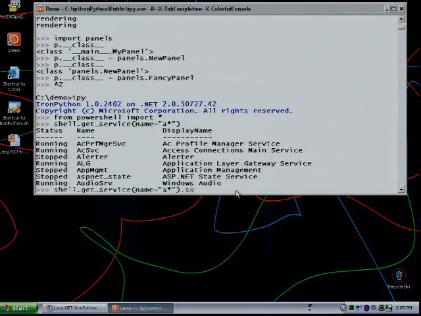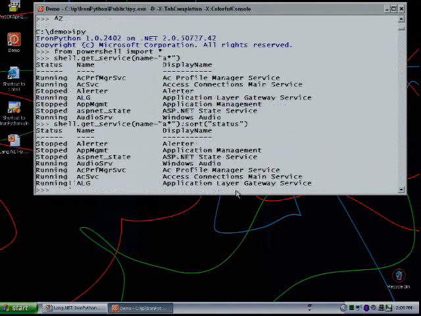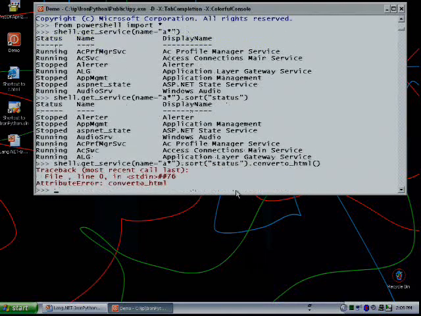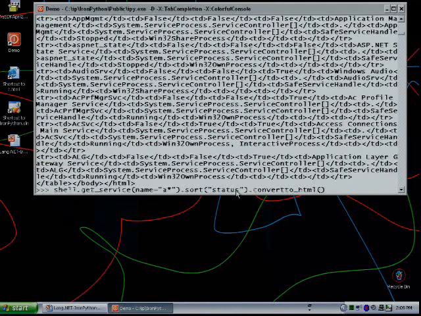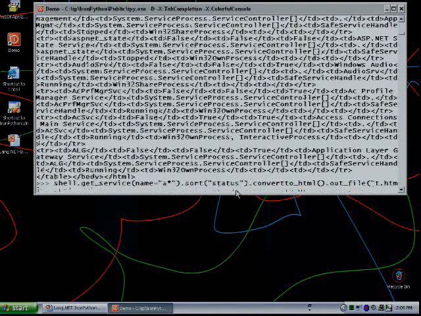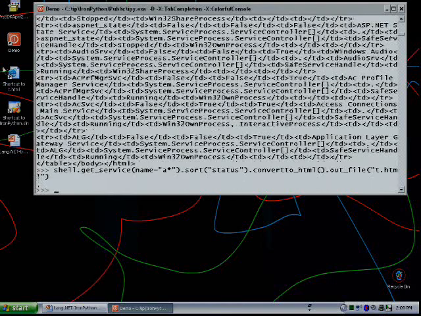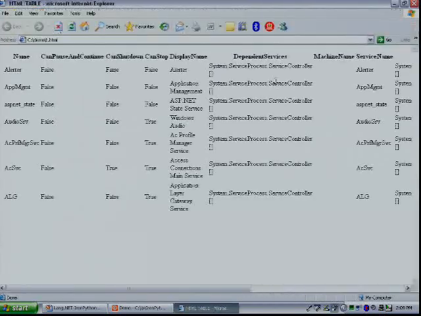And OK, well, let's say that actually what I wanted to do, PowerShell has this immense pipeline kind of notation to it. So I want to sort them by their status. OK, they're sorted by their status. Convert to HTML. OK, that's a little bit too much, so let's run it to a file. We dump it to t.html, and I can open that, and that's got an HTML version of all the services